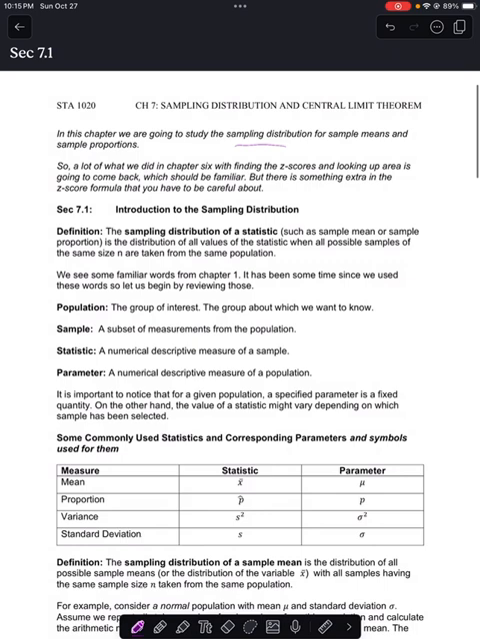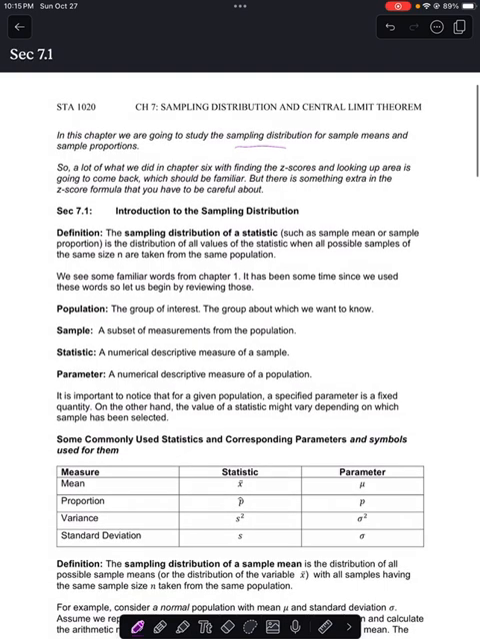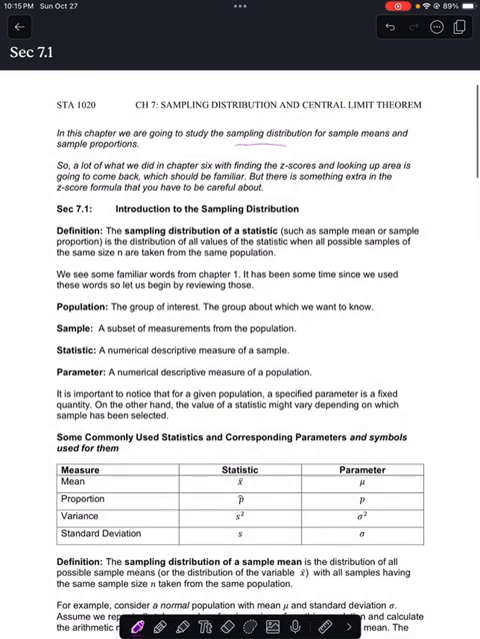So the definition is: the sampling distribution of a statistic, such as sample mean or sample proportion, is the distribution of all values of the statistic when all possible samples of the same size n are taken from the same population. So, for example, if people are catching fish from a pond,